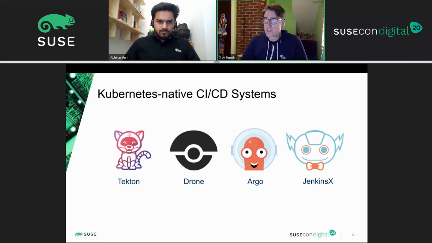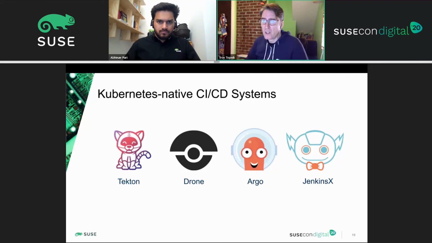It's a CI/CD system for Kubernetes, which under the hood uses another one of these logos, Tekton. Tekton is a framework for building CI/CD systems, so it has a lot of primitives that we can leverage to add CI/CD functionality. This is a project from Google, and the part of this that we're particularly interested in is